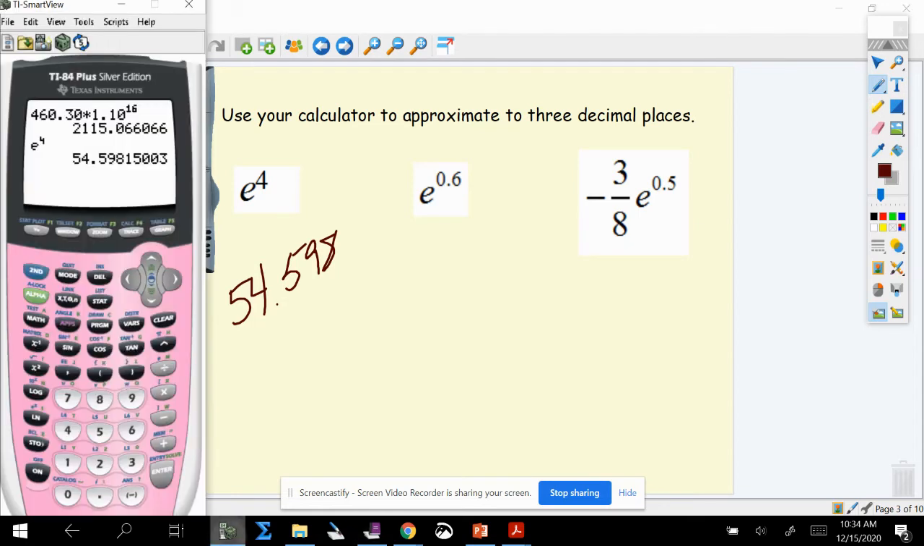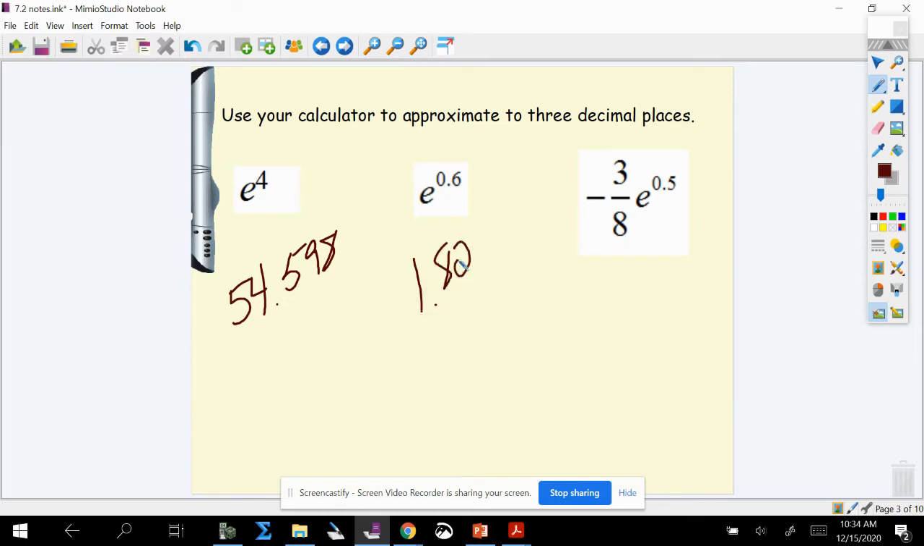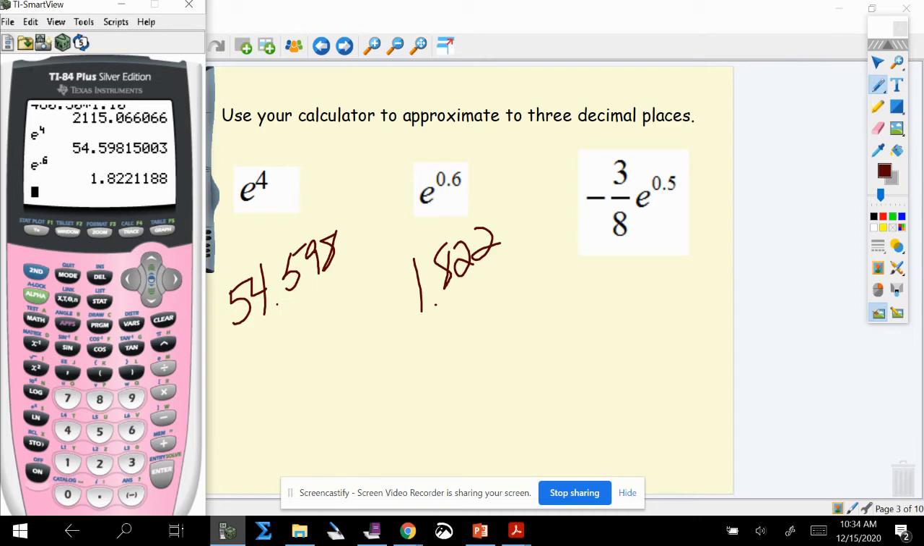So the next one, e to the 0.6 power. Again, second, and then that button has the L and the N on it. We're going to type in 0.6. We get 1.822, or 1.82 if we're going 2 places. And then the last one, you're going to have to type in the -3/8 first. So I'm going to type in -3 divided by 8, then hit the second and the button with the LN on it, and then 0.5 for my exponent. And we get